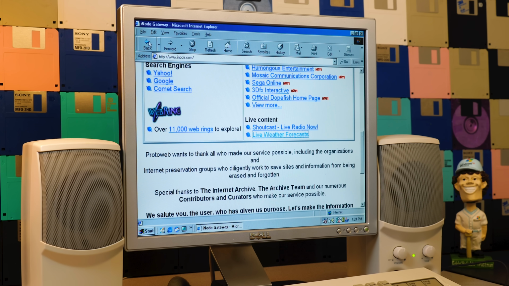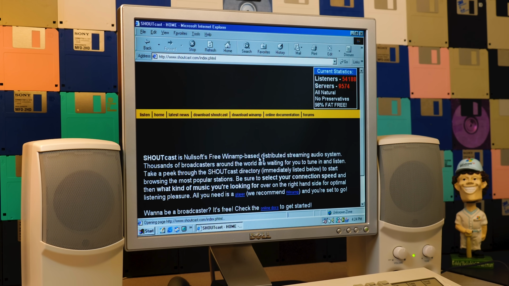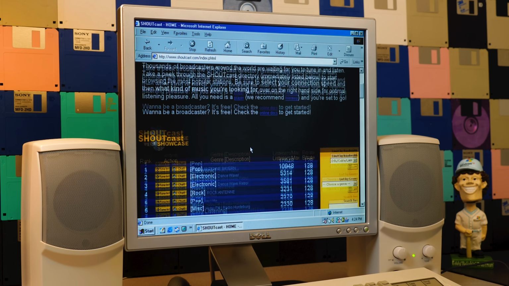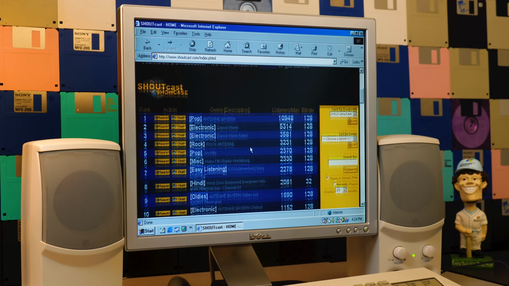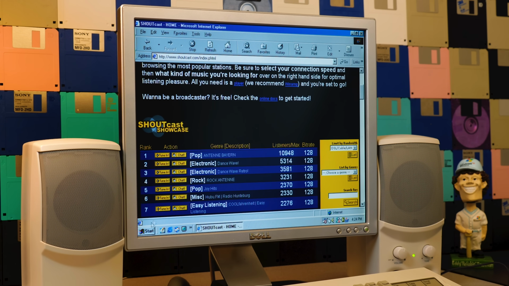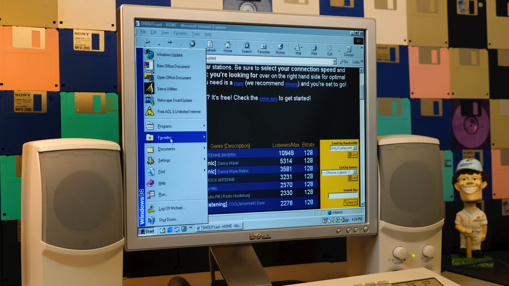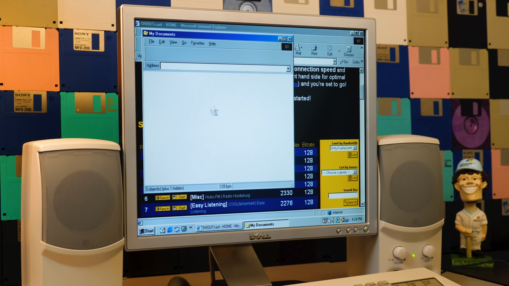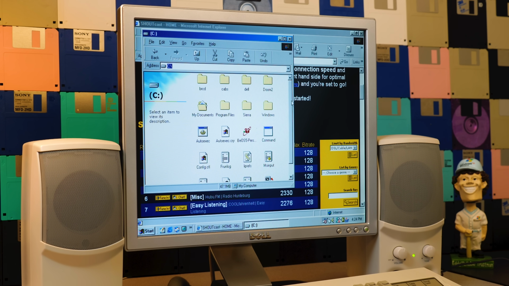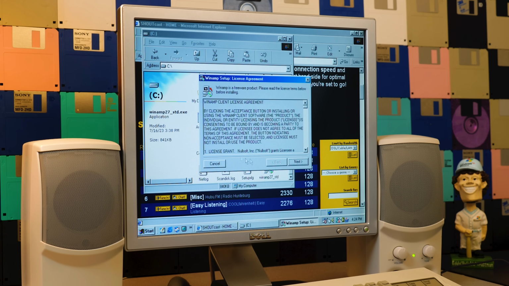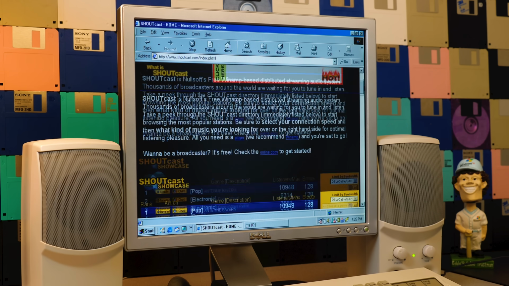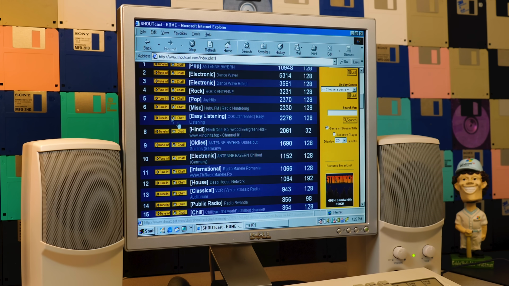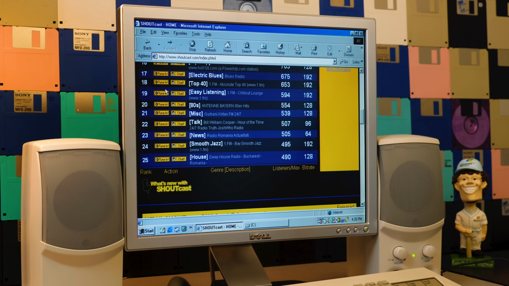And the other thing they have is, if we go to Shoutcast here, they've got live radio stations where you can tune in via Winamp. So I've got Winamp, at least a setup executable. If we go into, let's go to the C drive here. I've got this version of Winamp that I can install really quickly here. And so now I've got Winamp installed,